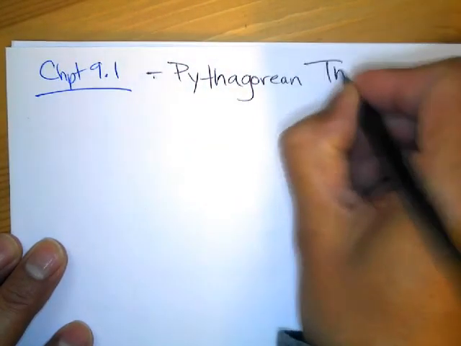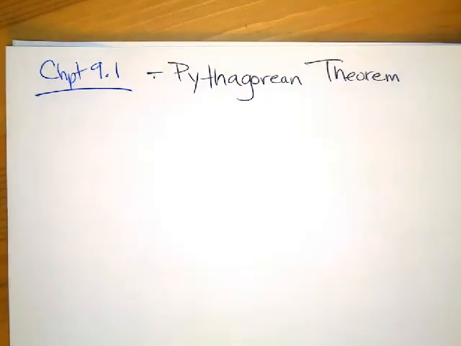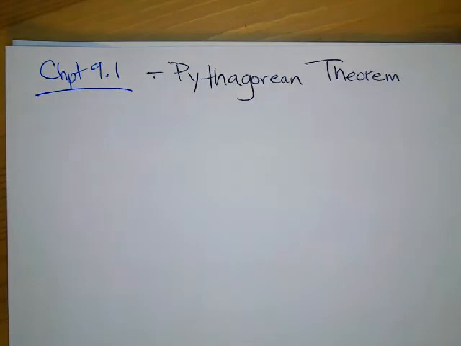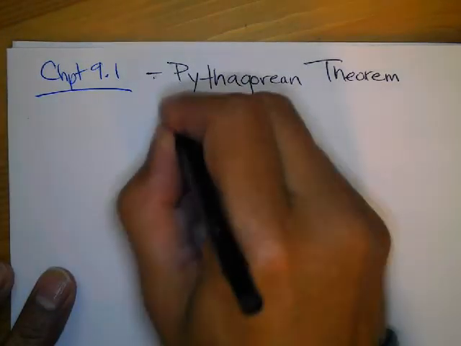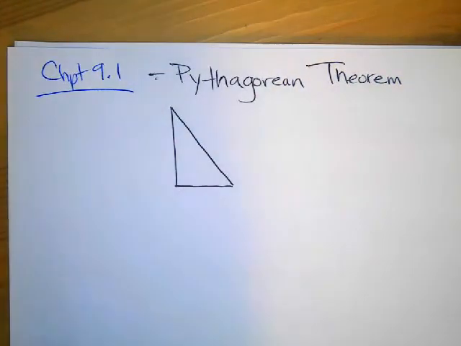Pythagorean theorem. That's what it's about. But we're going to do kind of something easy first. This is what the Pythagorean theorem is. The Pythagorean theorem has to do with the right triangle. In a right triangle,